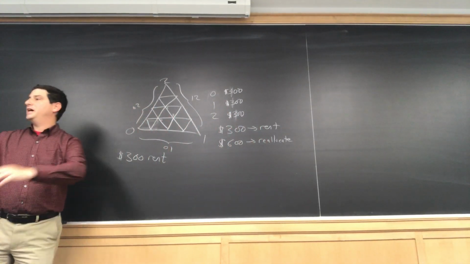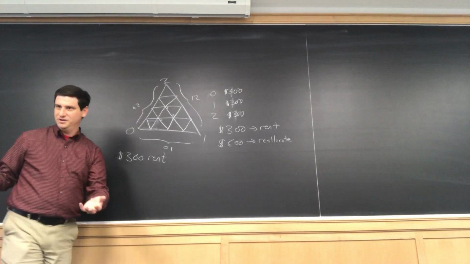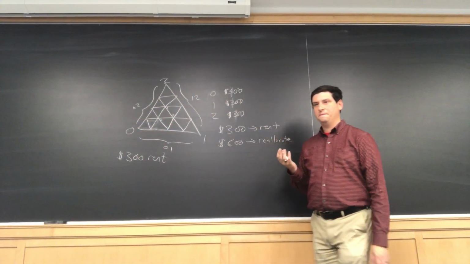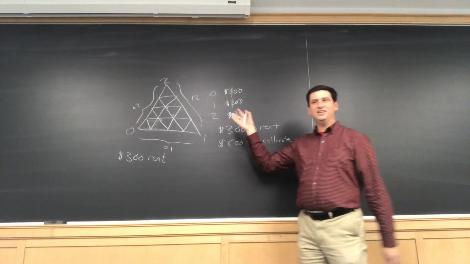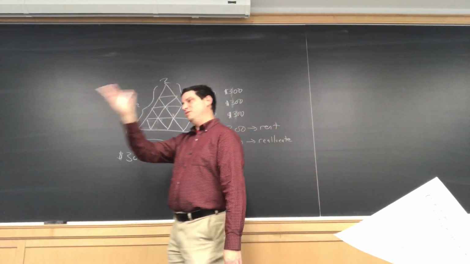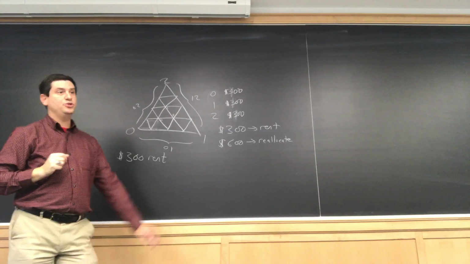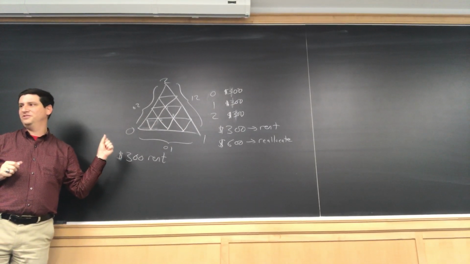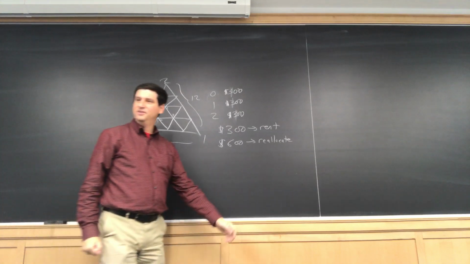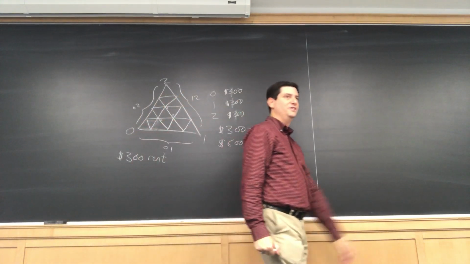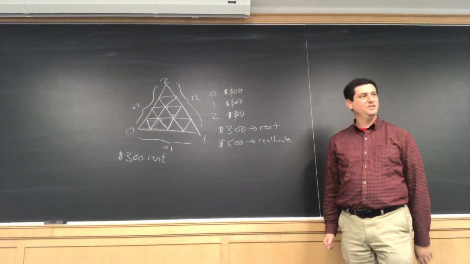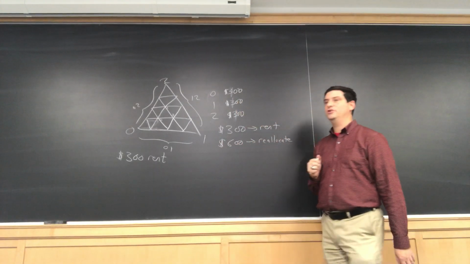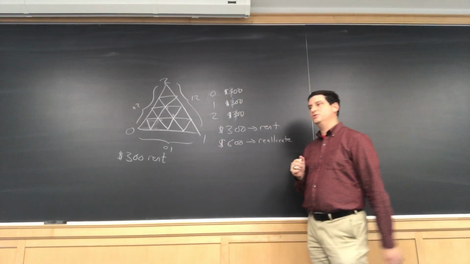So can we at least get a solution that the three of you will agree on if we just reallocate the money? Do you think that that will be possible? And before we do the analysis, you get room 0, room 1, room 2, and then we'll just resplit the money. Or do you think it might not be possible? What do you think? Should there be a way of reallocating the $600 so that all three of you are willing to accept it?